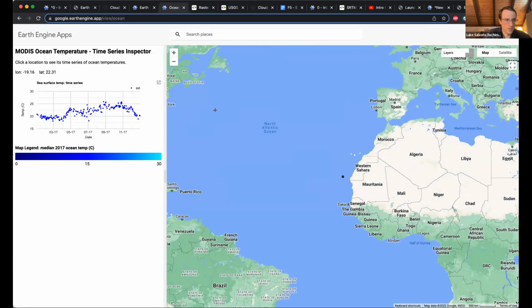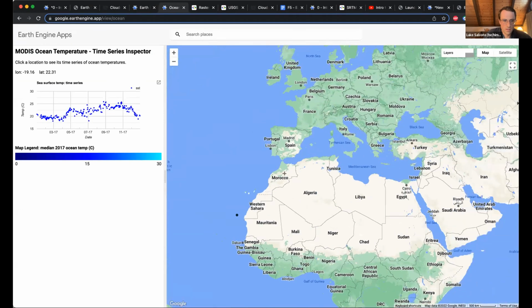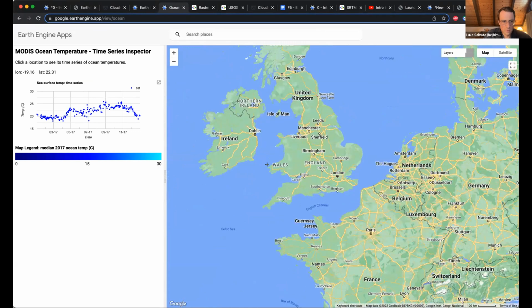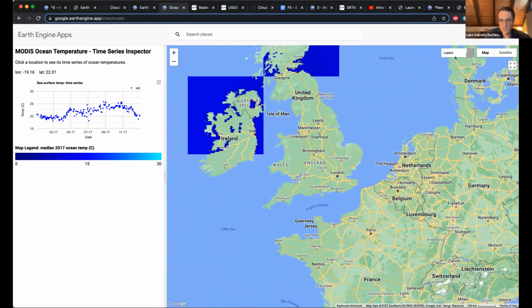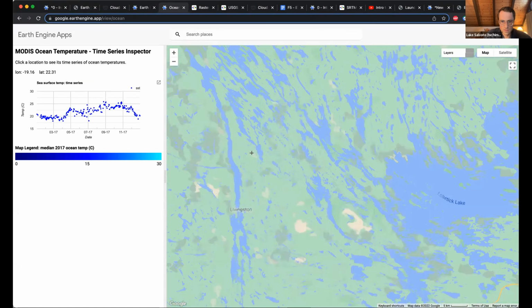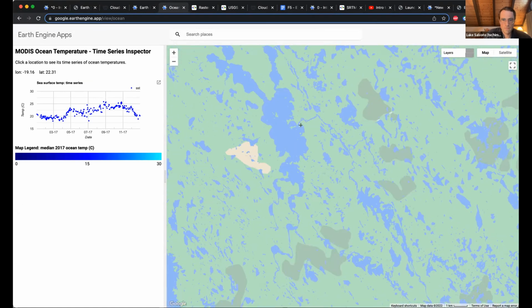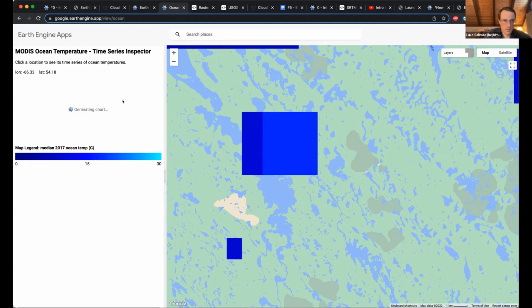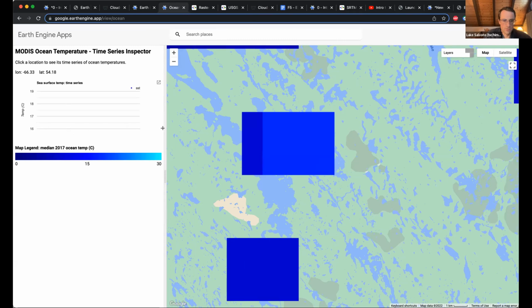is giving you MODIS ocean temperature. You can zoom around on it. I think in a second it should load the data for us. Maybe we'll have to zoom in. It's taking a second to load, but anyway, it's going to give you global ocean temperature data for 2017, and you can use the inspector to click on it, and it generates this type of chart,